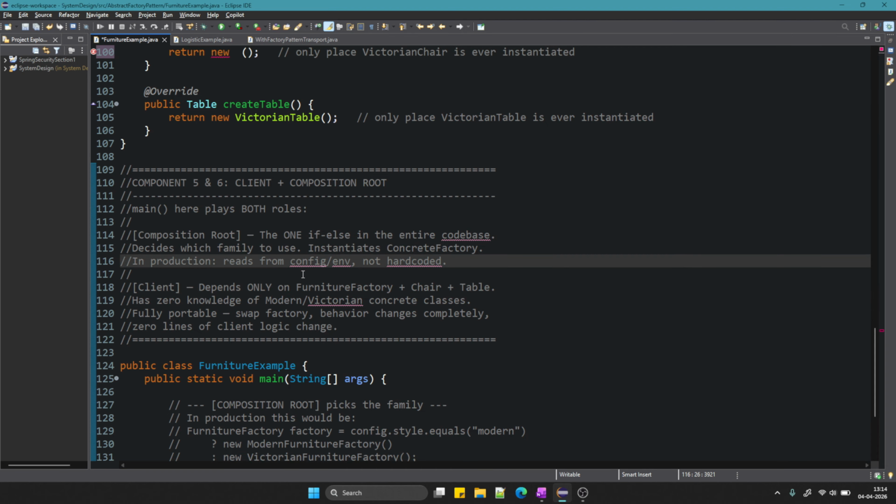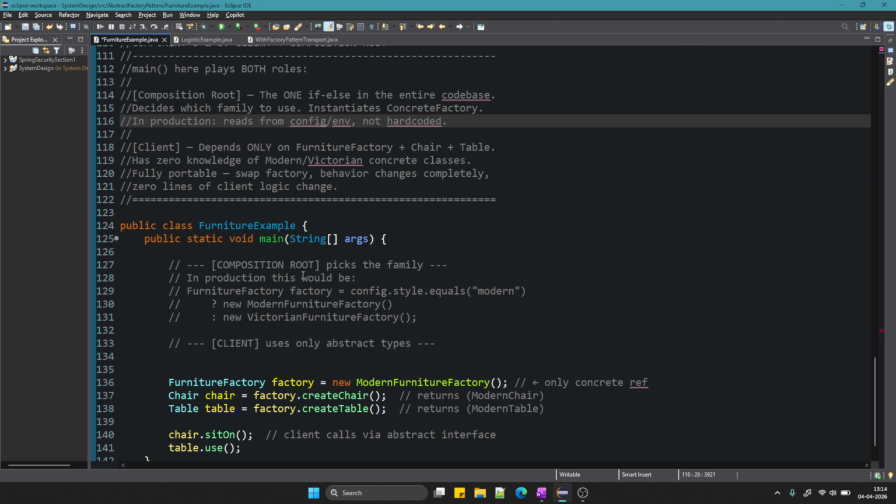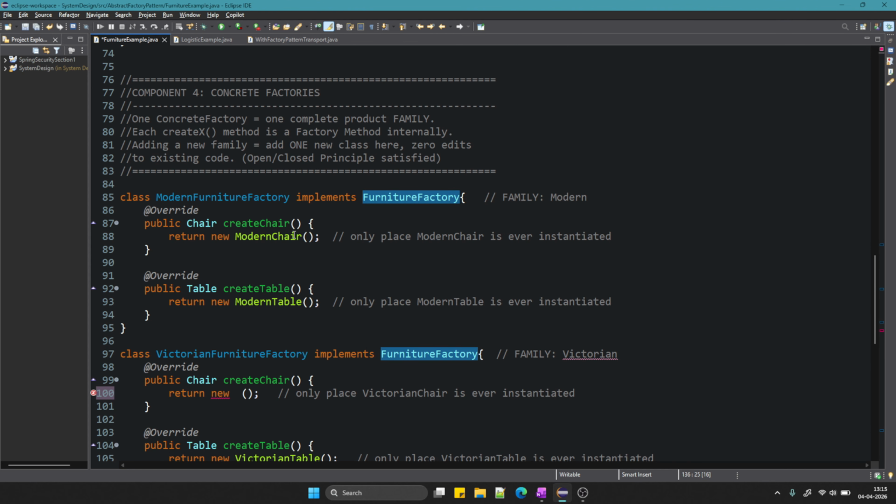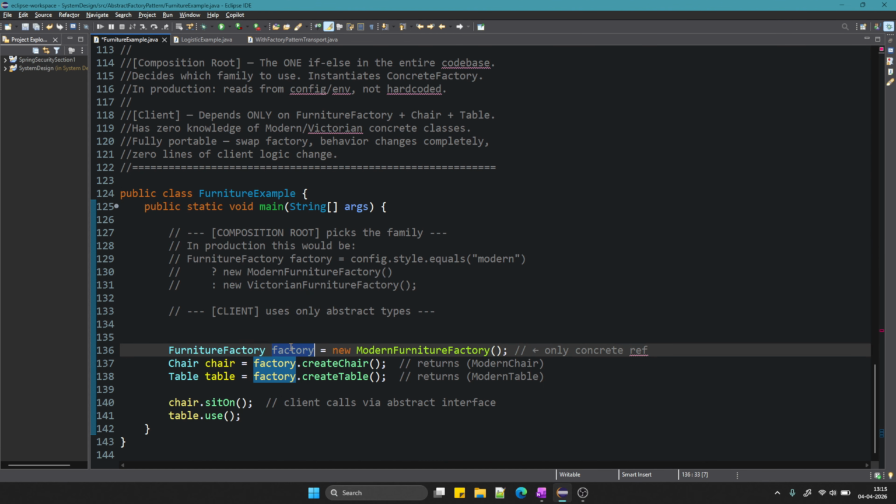Composition is just the if and else block in order to decide which family we are going to continue with. So talking about the client code, furniture factory is the interface. It is storing the object of modern furniture factory. Why? Because modern furniture factory implements the interface furniture factory. You all can see here. Now just because the factory is now containing the reference of this object,